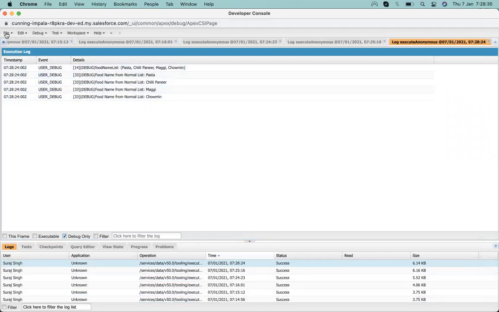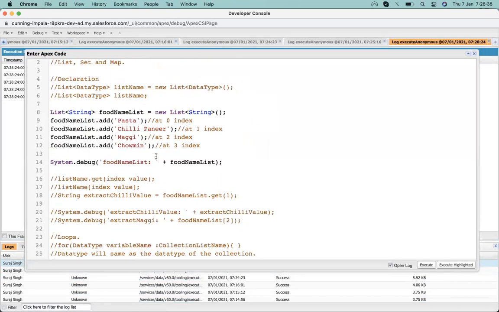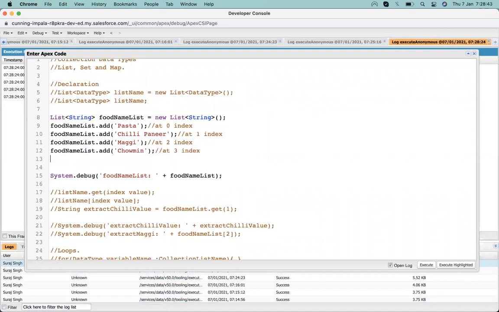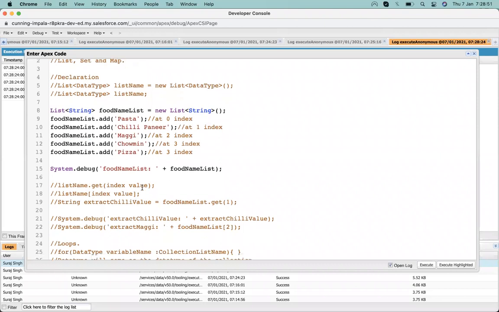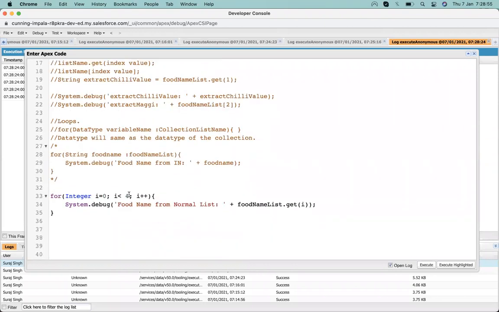Now suppose I just add one more element. Once we add one more element, there is an issue: I need to update here too. I need to make it 5.